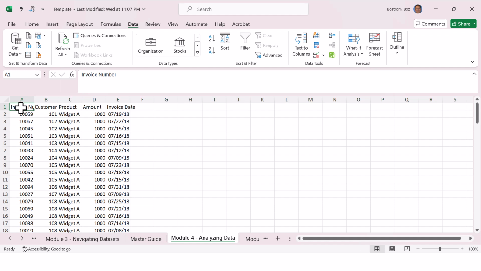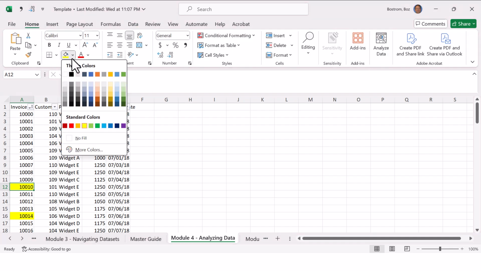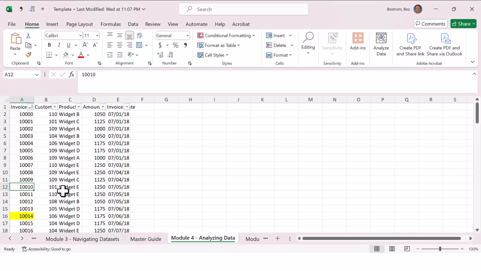So then a pivot table, and I'm still working on module 4, so I'm just going to put a filter on, and I'm going to get that back, and then I don't really need those highlighted anymore. So I'm just going to hit Home, No Fill. I go to the next one and I just hit F4, which repeats my action, and I get that fill off of that one too. But a pivot table, to analyze data,